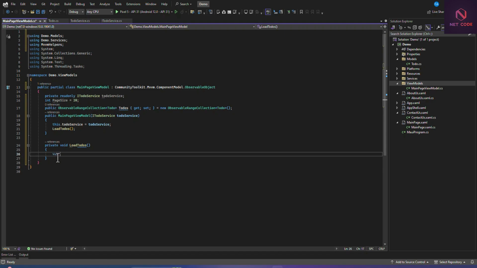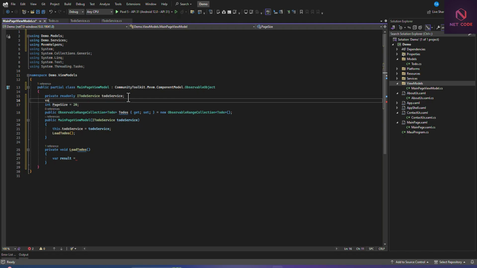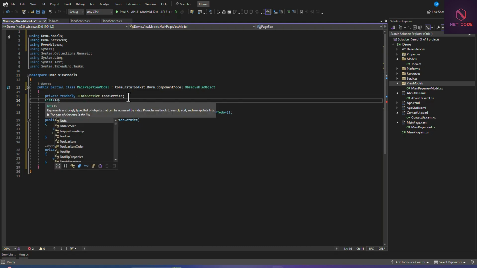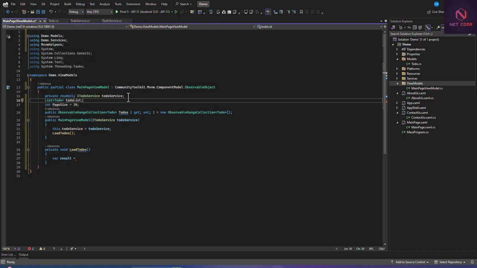let's create, so result is equal to, let's first create a list here. So we say var, or we can just say list of ToDo, so equal to list of ToDo, that's a ToDo list, equal to new.